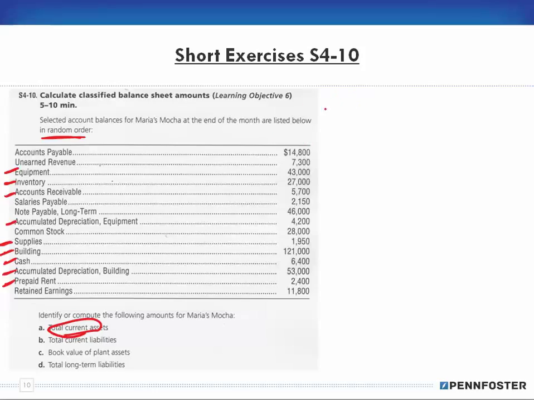So what would be a current asset? Well, obviously cash, and that is $6,400. Then next on our list would be accounts receivable. And notice that accounts receivable, 5,700. When you're creating your chart of accounts,